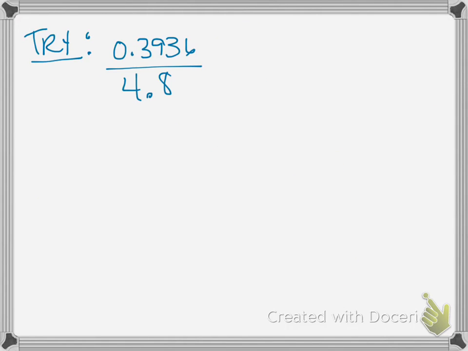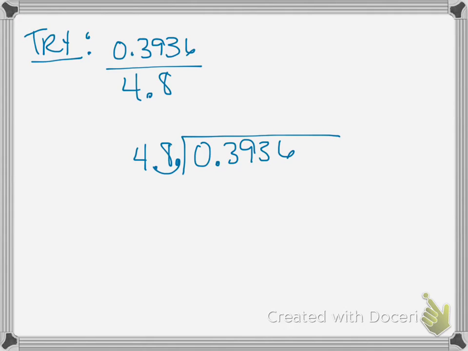So on this last example, again, I want you to pause me, and then I want you to come back and check your work. So welcome back. Let's see how you did. 0.3936. Again, moving once and bring it up. 48 does not go into 3. 48 does not go into 39. 48 goes into